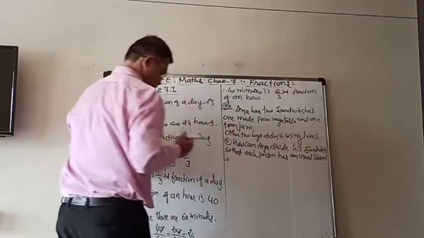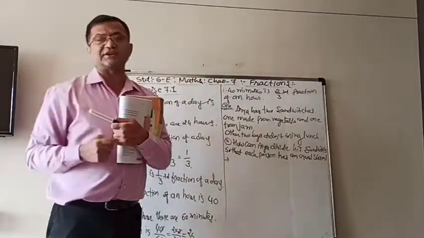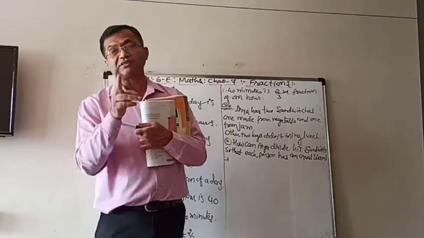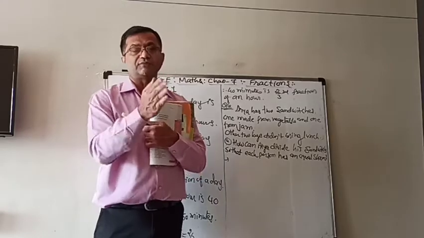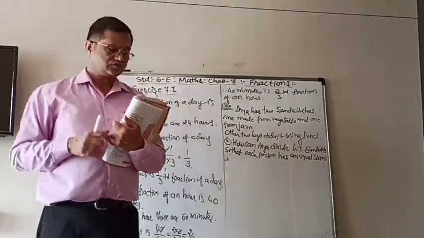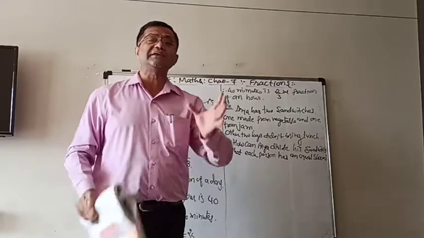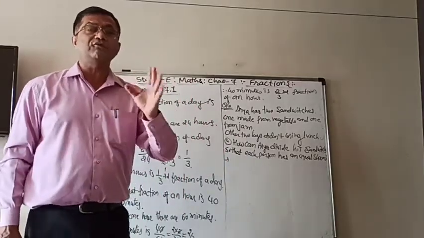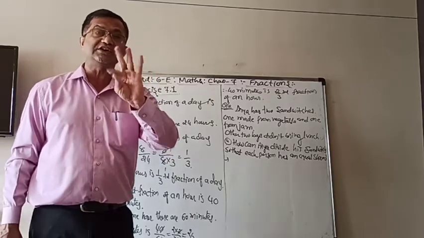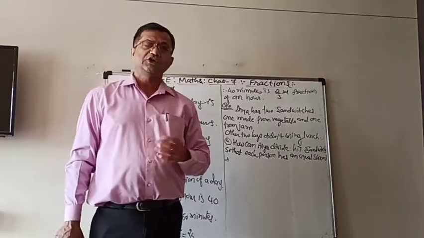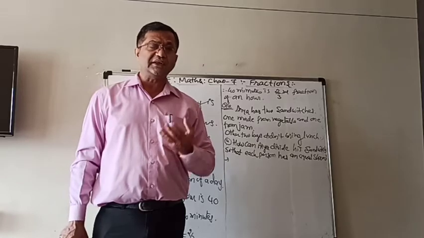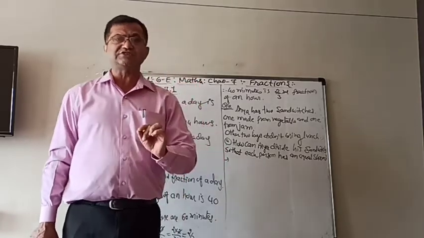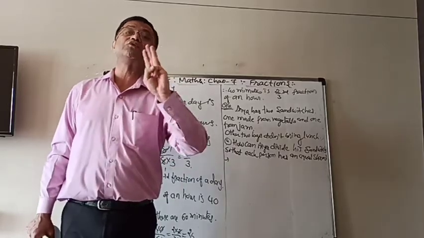So now, as we know that there are 3 persons, sandwiches are 2, but both are of different types. One from the vegetables, one from the jam. So now, how can Arya divide that lunch so that all of them will get equal part of each sandwich? So it is very simple that Arya must divide both the sandwiches in 3 equal parts.